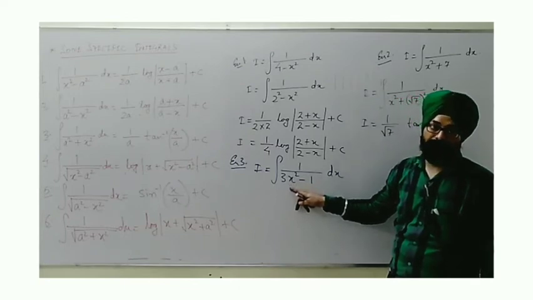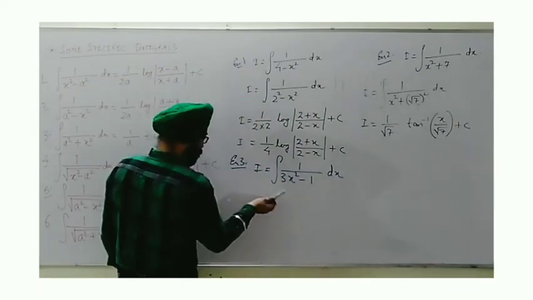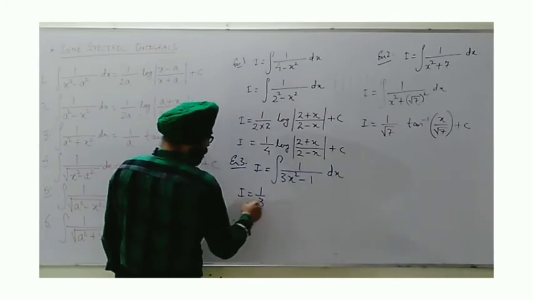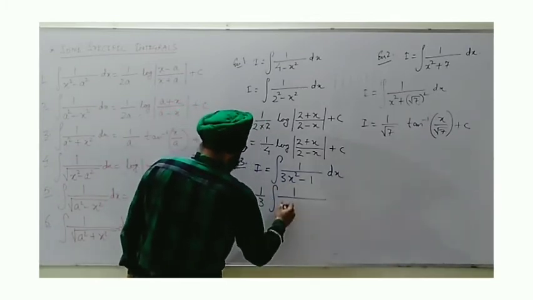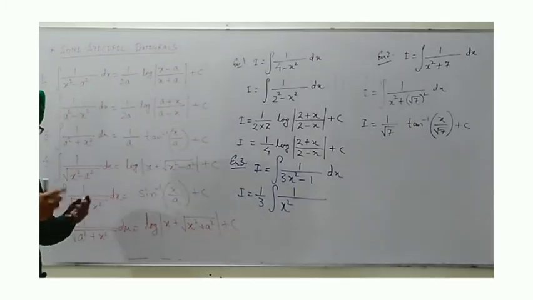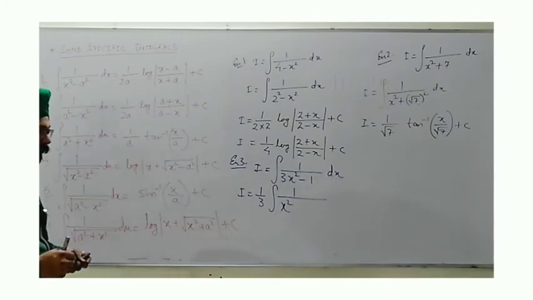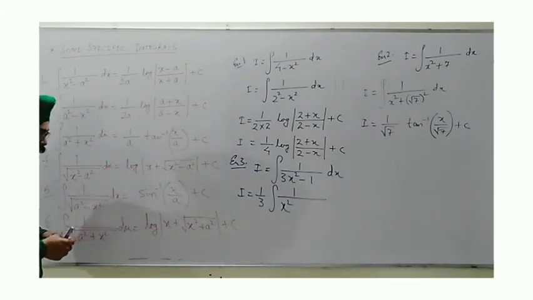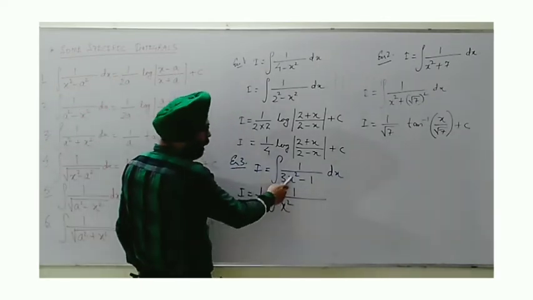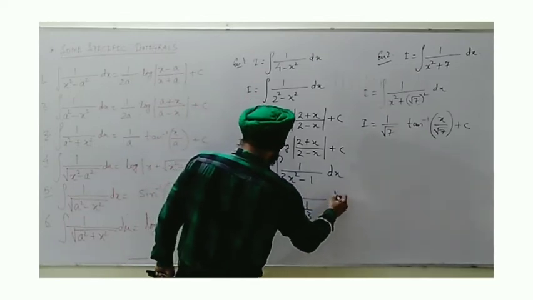And the best way is to take a common factor. Take this as common factor, right, outside is a constant. Now, I am explaining. Here this 3 will be common, so we will write 1 by 3 outside, 1 upon, first term becomes only x square. Again I repeat, we need only x square, the best way. The rest depends on choice. Otherwise, this I consider to be the best way. Directly also you can do, no problem. x square remains along with coefficient 1. Now what is the changing constant? Whatever you have taken common from here, it was a multiple, so this comes in the denominator as 1 by 3 dx.